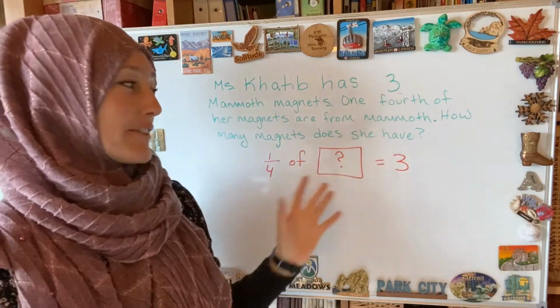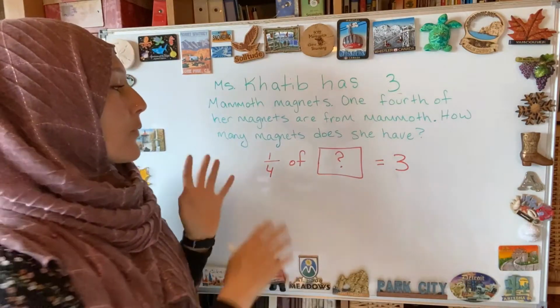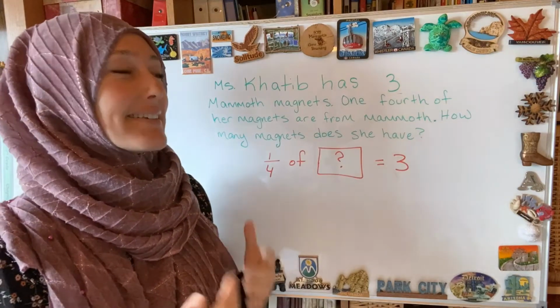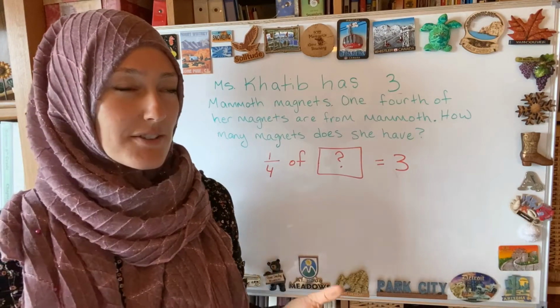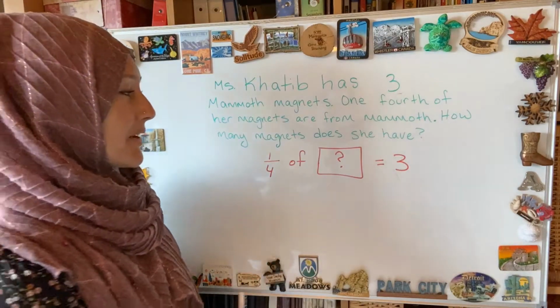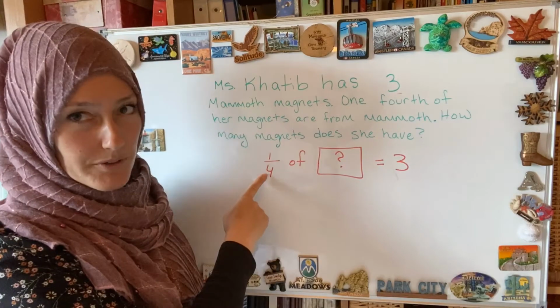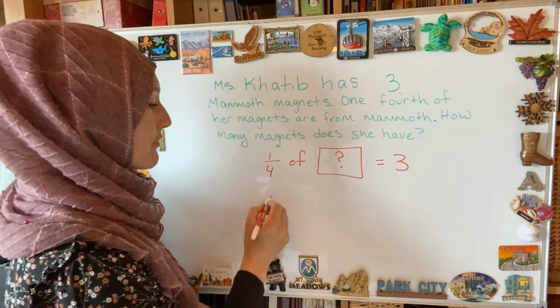You don't have to understand this part yet, but this is kind of like how your mind should break it down. What the fraction tells us, this is the part from the last lesson, is that the denominator is the number of groups. So when I'm talking about this, 1 out of 4, that's 1 group out of 4 groups. So if I start my diagram and I draw 4 groups,